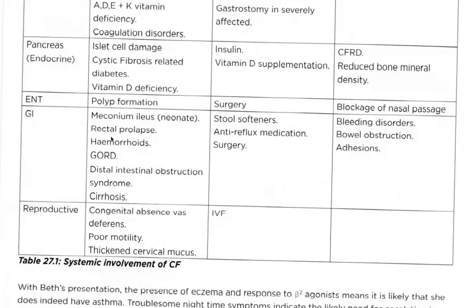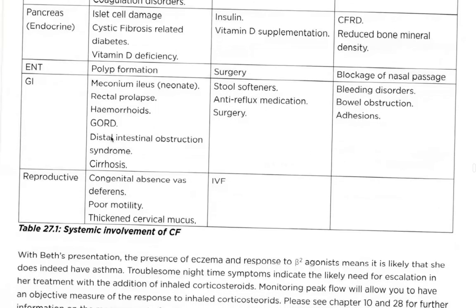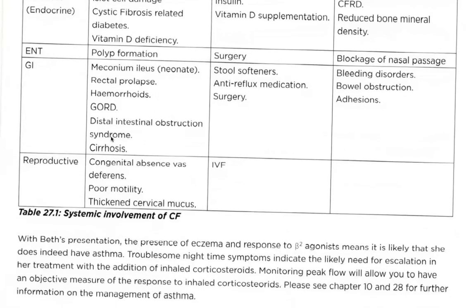CF-related diabetes and reduced bone mineral density. ENT: polyp formation, treated with surgery, and blockage of the nasal passages is a long-term complication. GI: meconium ileus in the neonate, rectal prolapse, hemorrhoids, gastroesophageal reflux disease, distal intestinal obstruction syndrome, and cirrhosis, treated with stool softeners, anti-reflux medication, and surgery. Long-term bleeding disorders and bowel obstruction. Reproductive: congenital absence of the vas deferens in males and thickened cervical mucus in females, and